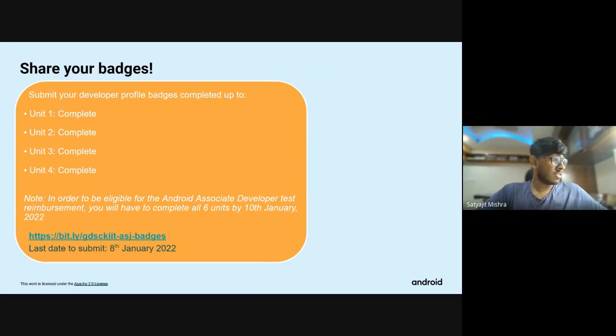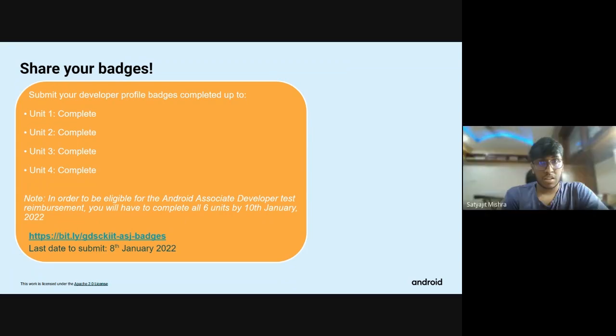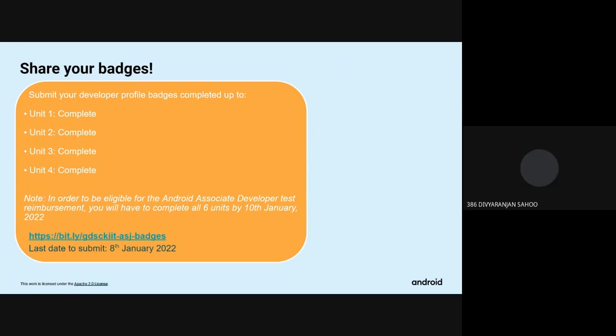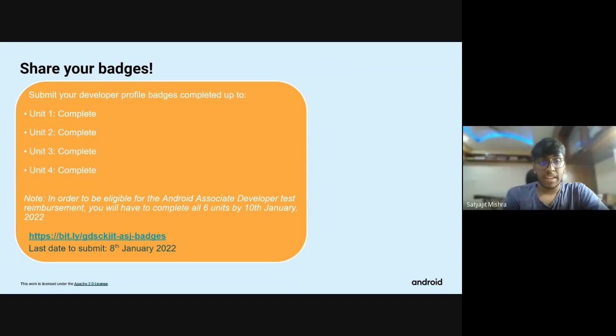Bhaiya, I have sent the wrong screenshot in the link about that unit. Is it possible to do that again? Because instead of 4 units, I have sent 4 pathways. Yeah, that is fine.